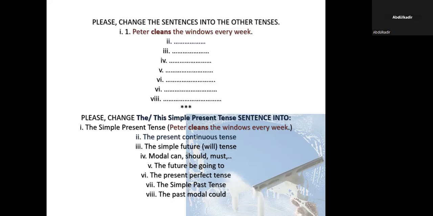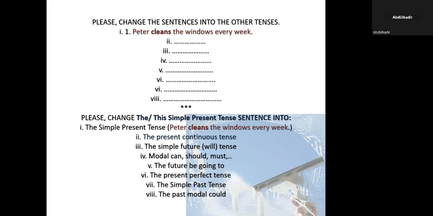Okay. Now with can, for example, Roman number 4, Peter can clean the windows today, or Peter can clean the windows tomorrow. So it is possible for Peter, or Peter has the ability. We want to give this message: Peter has the ability. Peter can clean, can do it. Or the possibility. It is possible for Peter. We want to say that it's possible for Peter to clean the windows. So Peter can clean the windows.